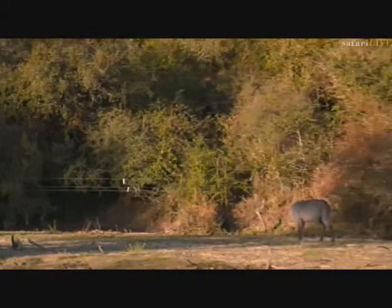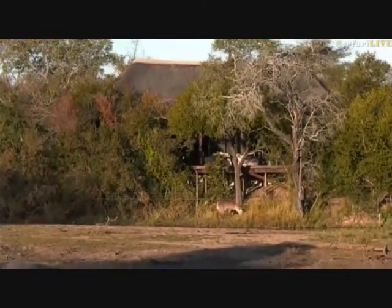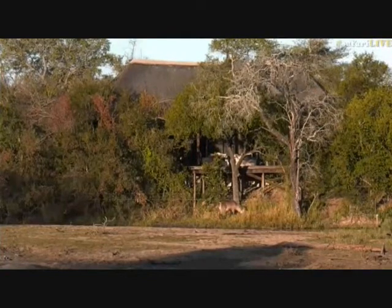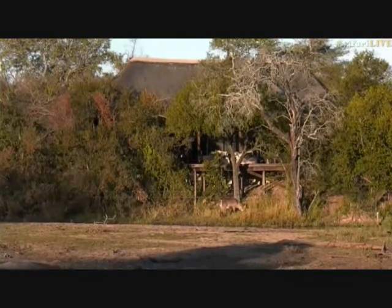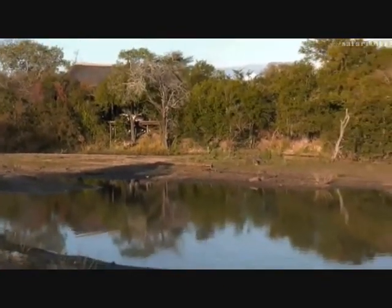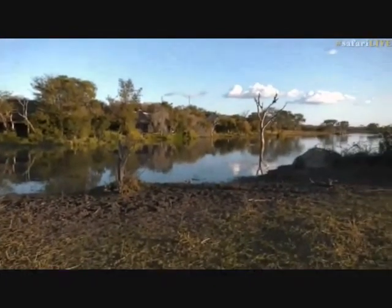You often see waterbuck, nyala, bushbuck spending quite a bit of time around the lodges, and in the drier seasons you'll see the warthogs also coming right up to your rooms and grazing right at your garden. But it's amazing. Now imagine sitting out here on your deck, again having a sundowner of some sort, and just listening and watching the hippo first thing in the morning, or a leopard. If you ever find a room that does have a river view or a dam view of some sort, because as we know, water gives, so everything comes down here. But it's beautiful, it's lovely. A bit quiet. I was hoping to hear some nice